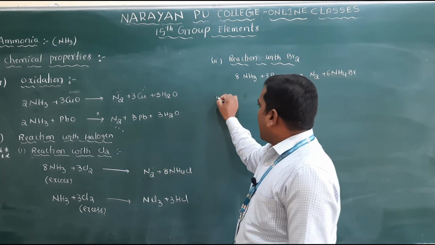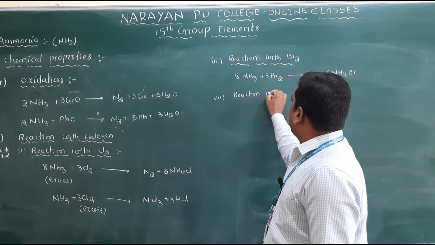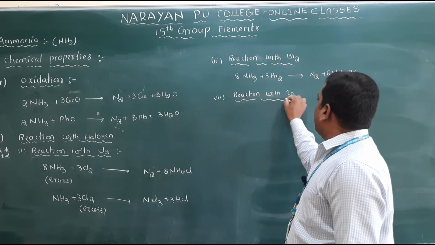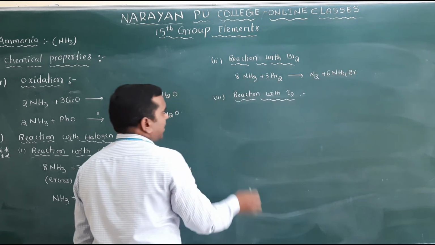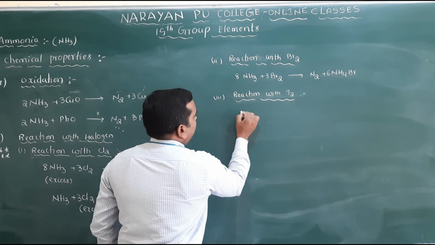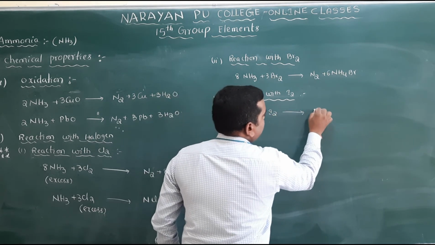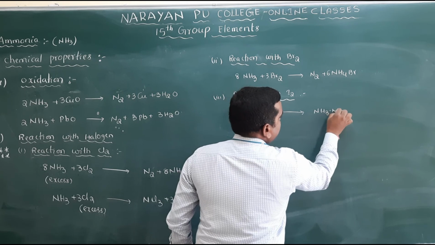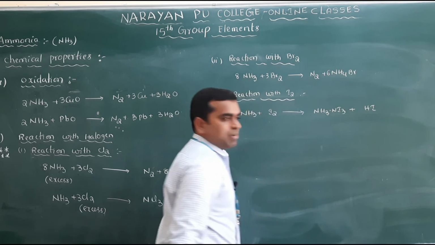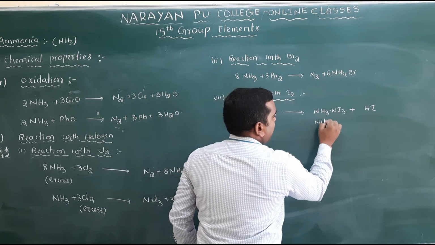And third one, iodine is also there. Reaction with iodine. Clear? Whenever it reacts with iodine, these are not that much important, but this is very, very important. These are for competitive exams. So you will get, when NH3 is treated with iodine, the compound NH3.NI3 plus HI. NH3.NI3 plus HI. So NH3.NI3 we will call as nitrogen